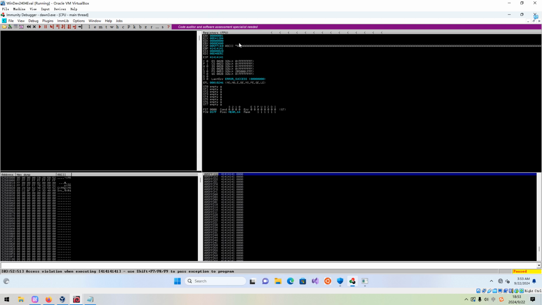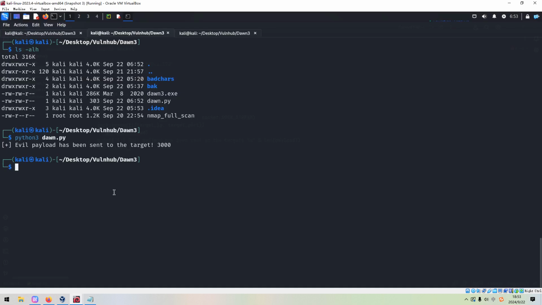So now we go to the Windows virtual machine. As you can see, the ESP is overwritten by our uppercase A, and you know the EIP means the address, and now the EIP is overwritten by our A. 41 stands for uppercase A. It means that this binary is indeed vulnerable to the buffer overflow attack. It doesn't do input sanitization. Okay, so the first step is done, and now what do we have to do next?